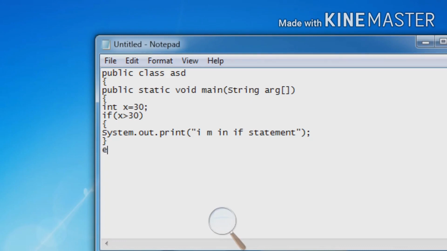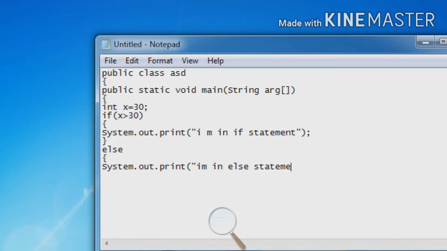Now type the else statement, ELSE, enter. Curly braces start. Here write System.out.print. Bracket start, within the bracket in inverted commas write I am in else statement.